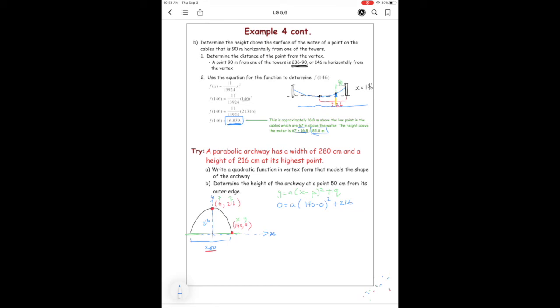And then that gets us 2450, and the A attaches. And then we subtract 216. And then we divide out. So A equals negative